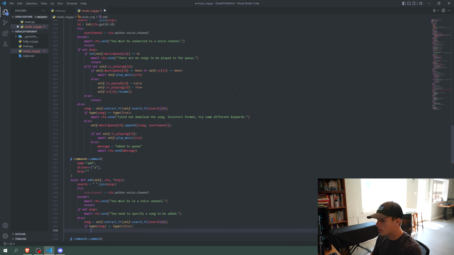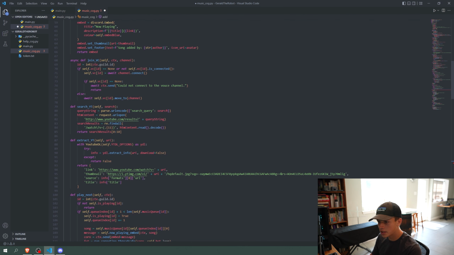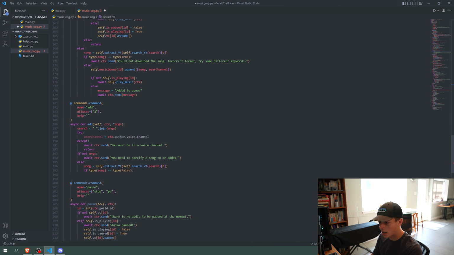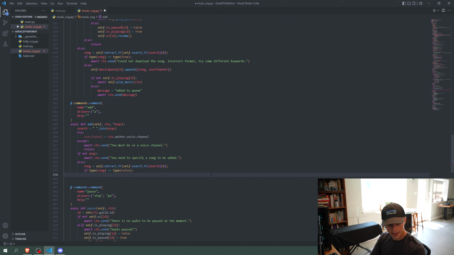So for the extract YouTube function, it actually makes it so that if it fails to extract the YouTube video, then it returns false. We're saying if it returns false, then the type of false will equal the type of false, which is they're both Booleans. And then we're going to say, so if it fails to give you the correct song, then we're going to do await